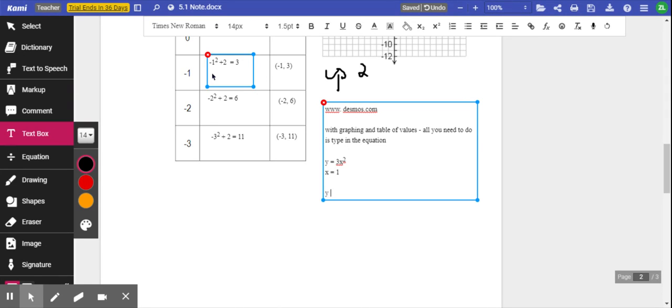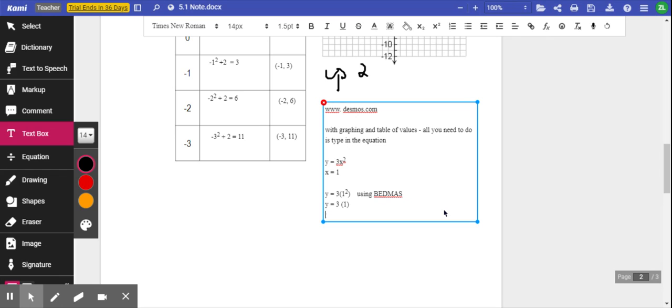It's important that you remember if we sub in the 1 for x, using BEDMAS, we're actually using both the brackets and the exponents first. So it would be 3 and then 1 squared, or 1 times 1 equaling 1. So we deal with that part of the equation first,